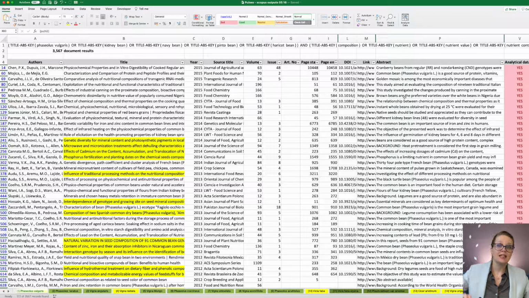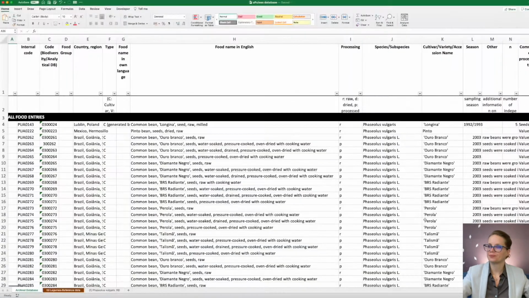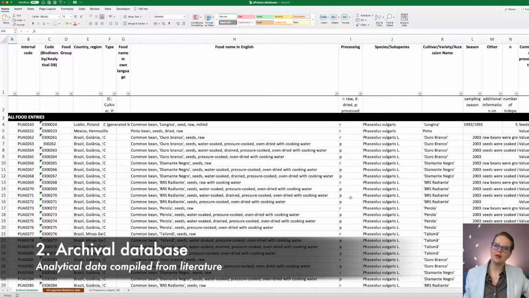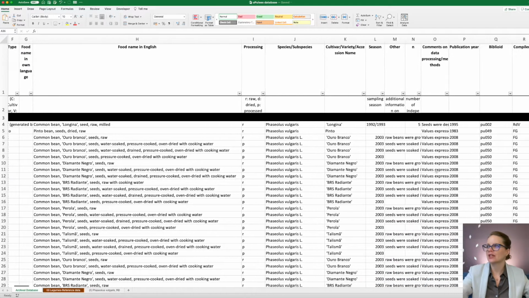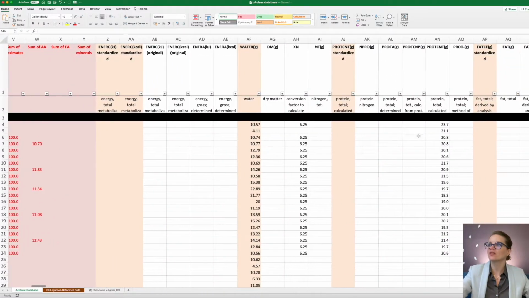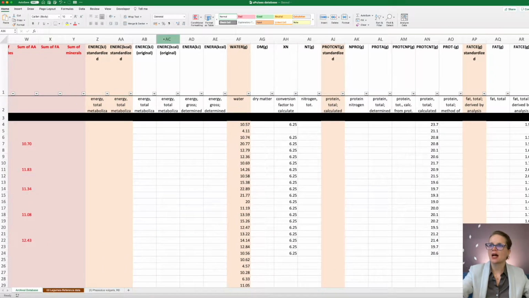So let's see the other spreadsheet where we have the archival and reference databases. Okay, so here in this spreadsheet we have the archival database. So here we have all the species, all the entries that I could compile for pulses. And as you can see, this spreadsheet was adapted from the FAO INFOODS Compilation Tool. So we have here all the information that is needed, and here we have all the different tag names associated